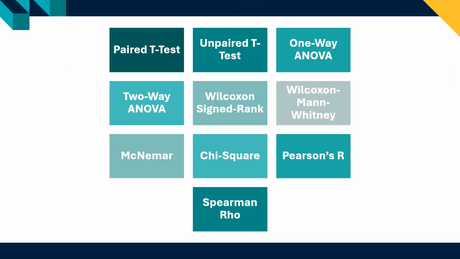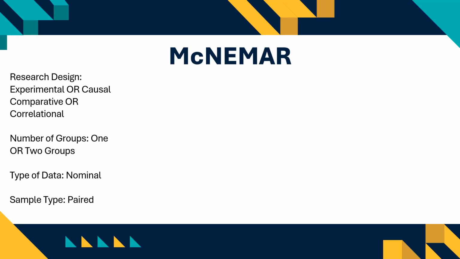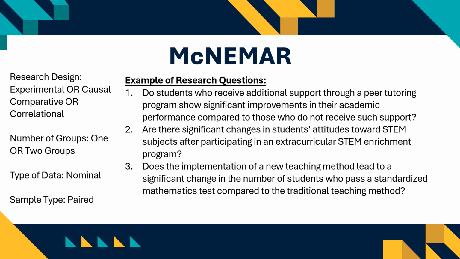McNemar. The McNemar is good if you're using experimental or causal comparative or correlational research. It's good if we have 1 or 2 groups, the type of data is nominal, and the sample type is paired. Some examples of research questions are, do students who receive additional support through peer tutoring program show significant